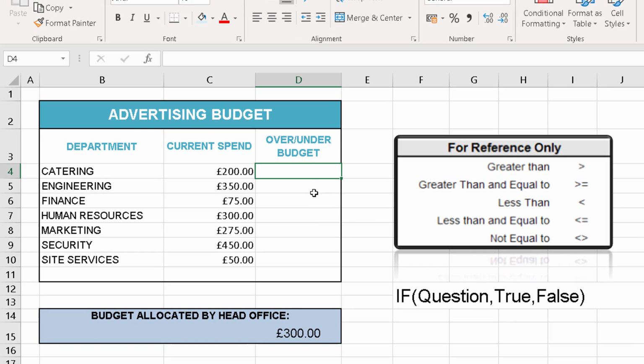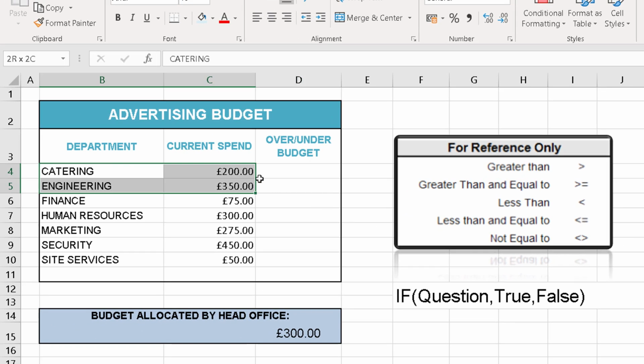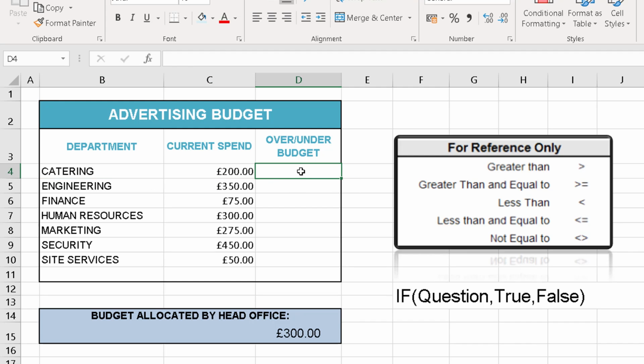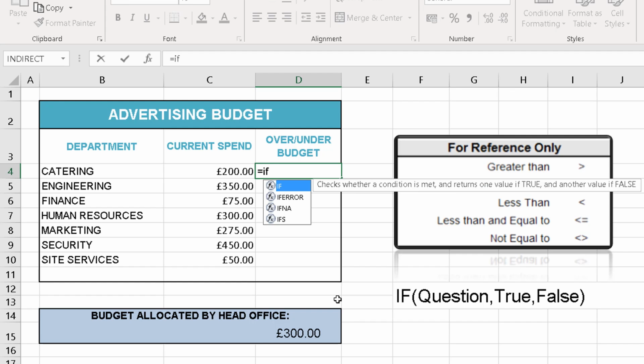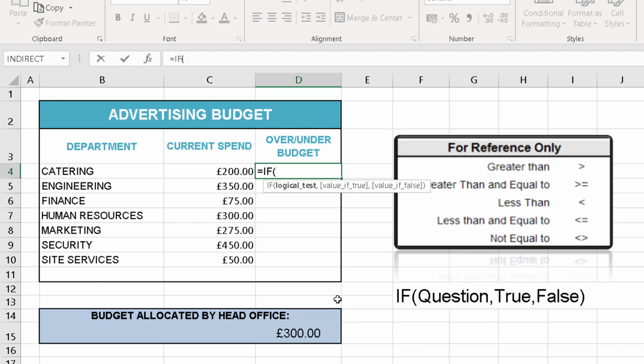So we're going to start by writing for the catering department one of these if statements. Now the way that you want to write these is to read it back in plain English as you write it. So it is a formula, so we begin with equals. So we type an equals there. We then type the function word, in this case if, and then an open bracket. Now first of all we need the question, the logical test. And our question is going to be